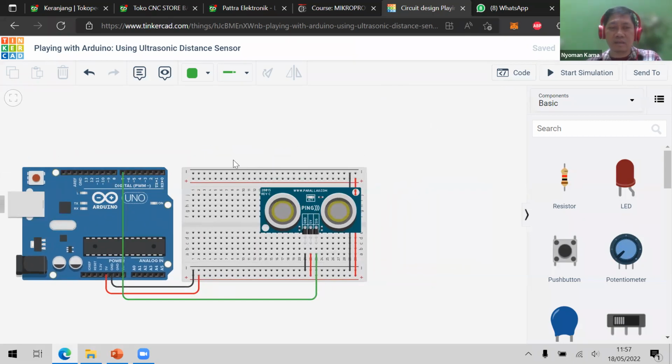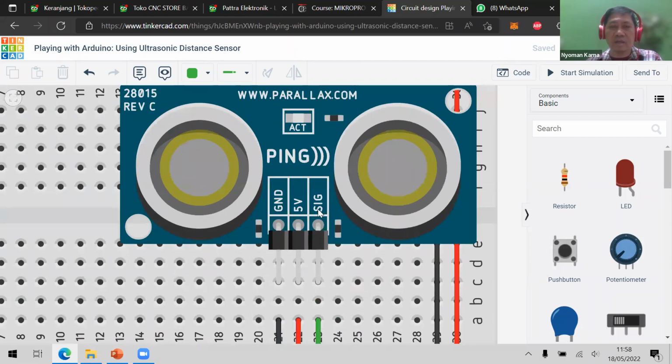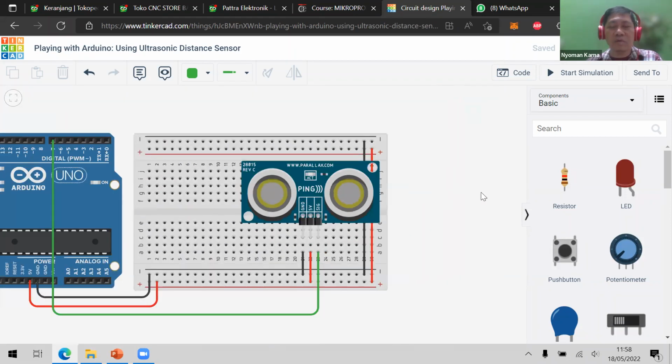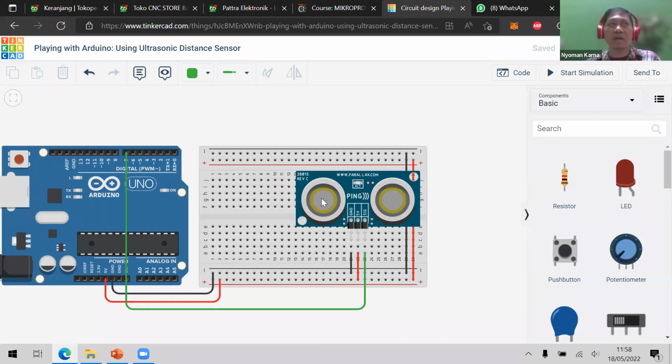This is the connection. We just need to capture the data from the generator. But how does it work? Actually, there are two speakers, special speakers. Why are they special? Because they can only transmit very high frequency, so our ear cannot detect that sound because it's actually around 56 kilohertz. It's beyond the capability of the human ear.